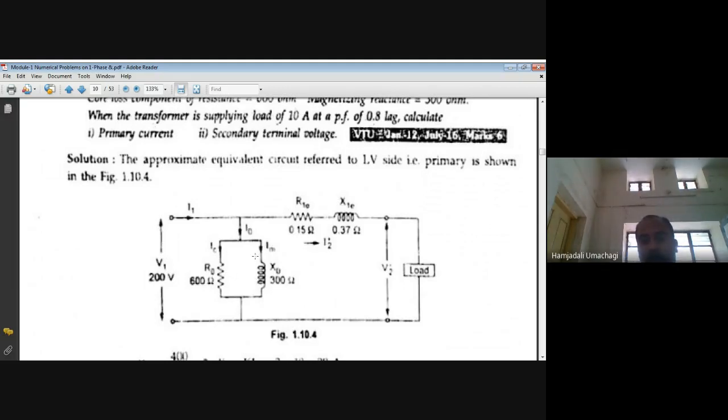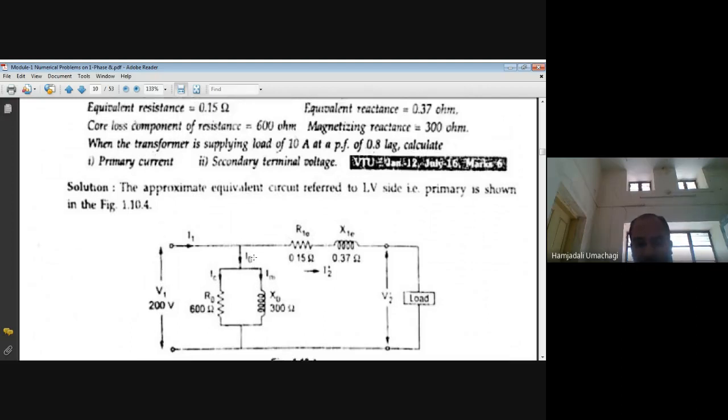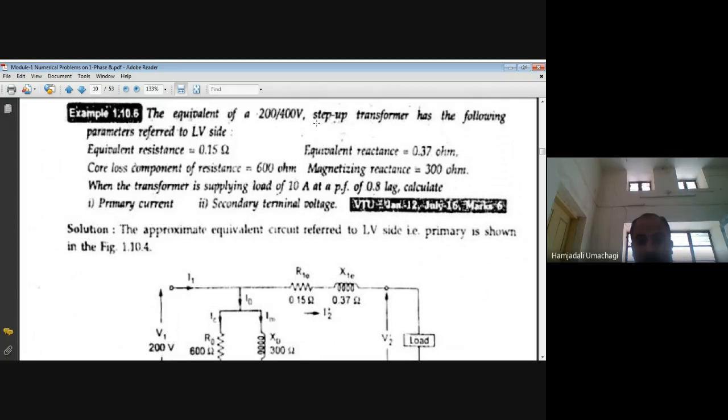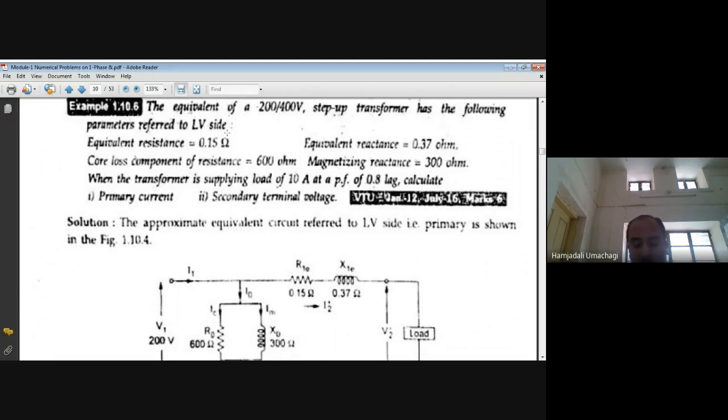So this is the magnetizing branch. This is the total resistance of the transformer R1E, and total equivalent reactance X1E. This is the load side terminal voltage, all values whatever you are calculating. So you need to redraw this equivalent circuit, the approximate equivalent circuit of the transformer. Redraw it, and whatever values you have calculated, you should substitute. So this circuit diagram you are going to get once you estimate the values of this numerical problem, right? So this is one kind of problem based on circuit parameters.